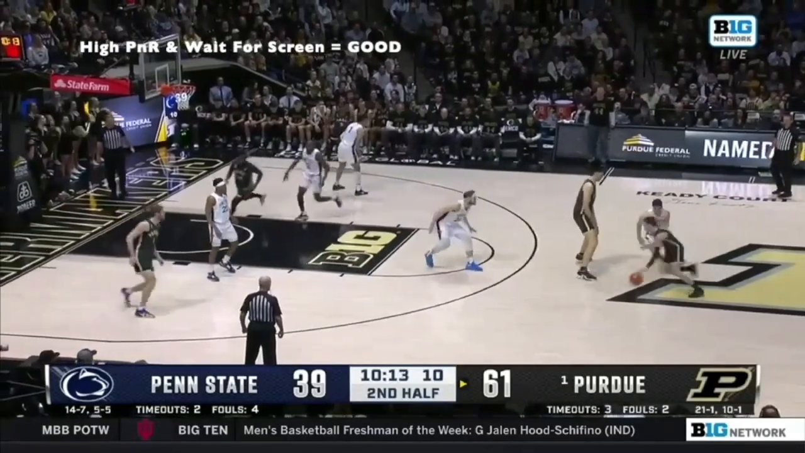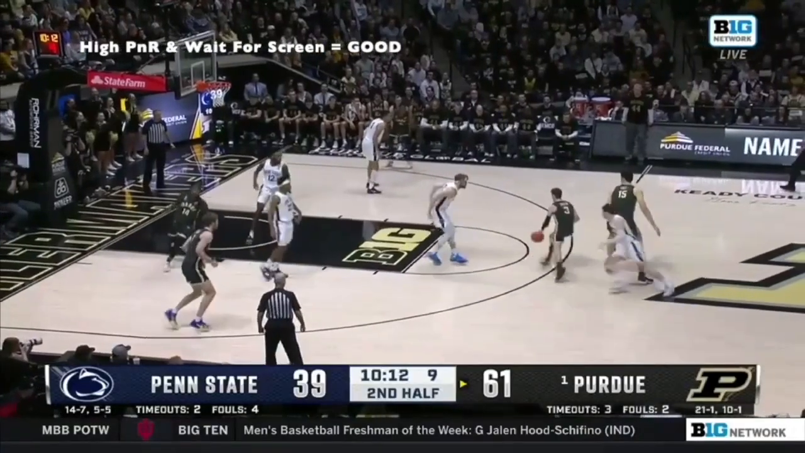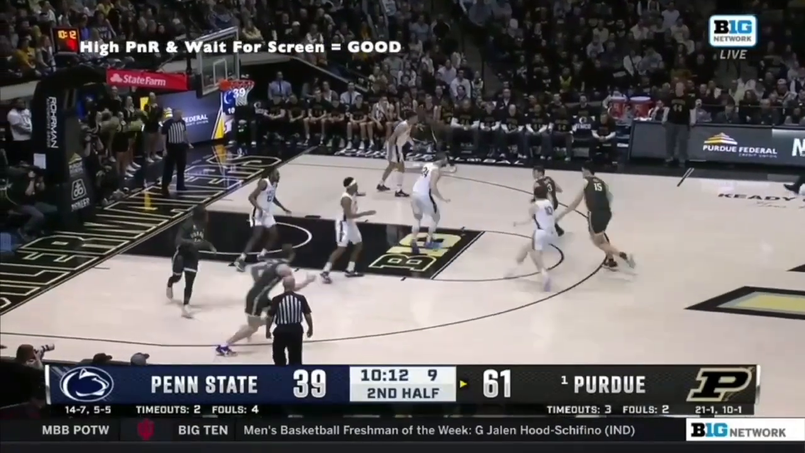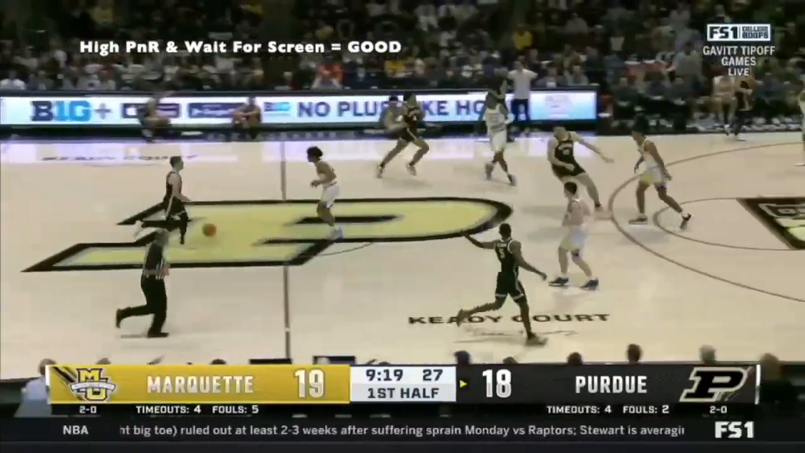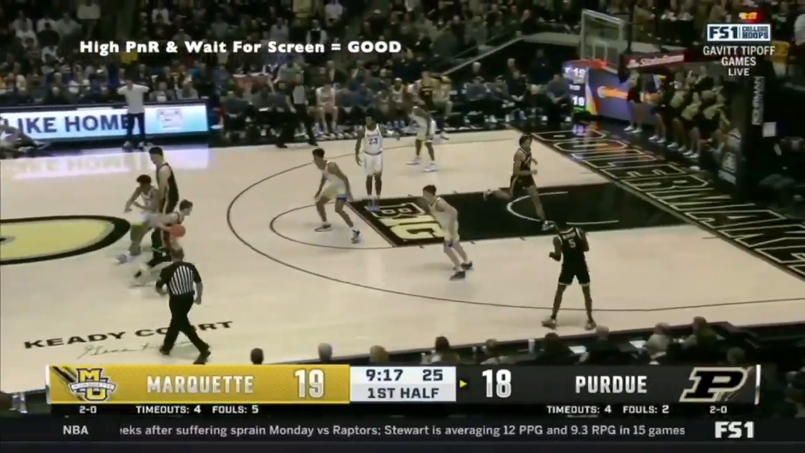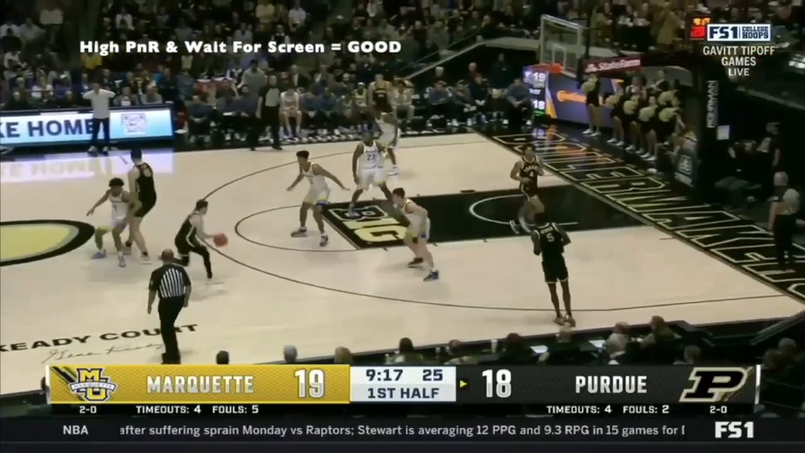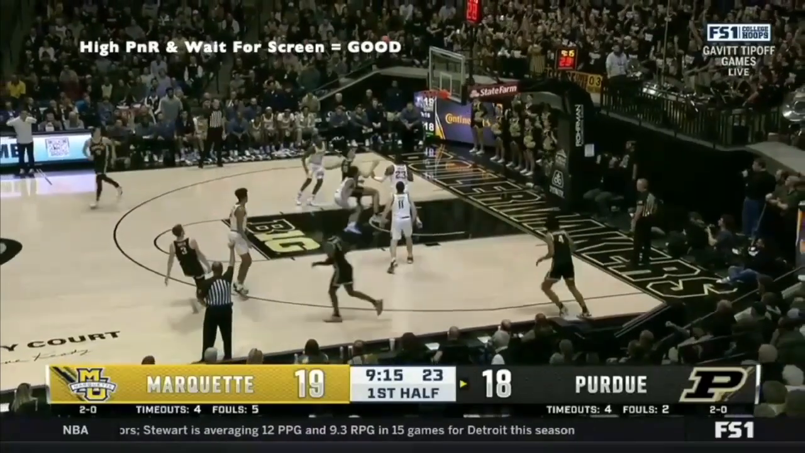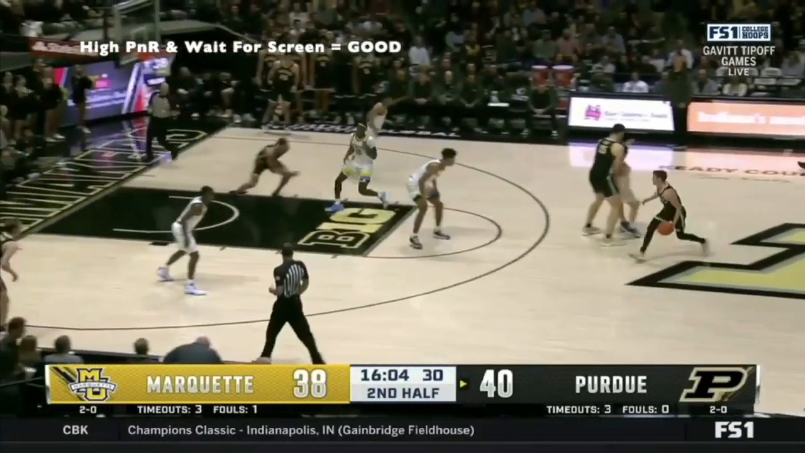Then putting it all together here. Wait for the screen, high pick and roll, a ton of space to play with, the big is in front of you, elbow jumper, and it's in. A couple more, and this is just revisiting a couple of the threes you hit earlier. Look how high that screen's set. Tons of room, three. Last one, high screen,